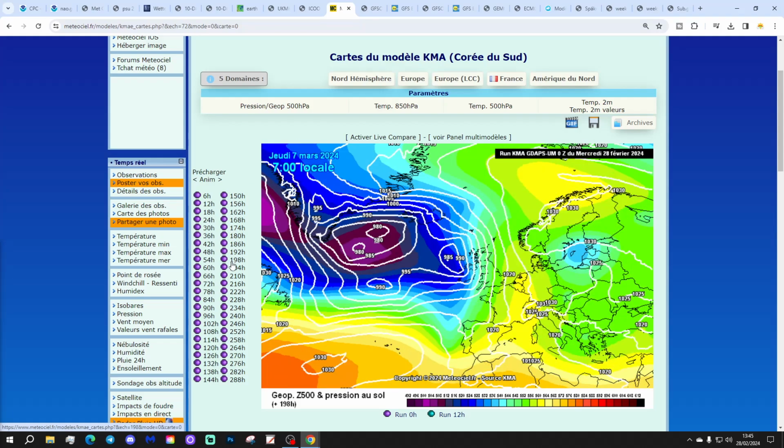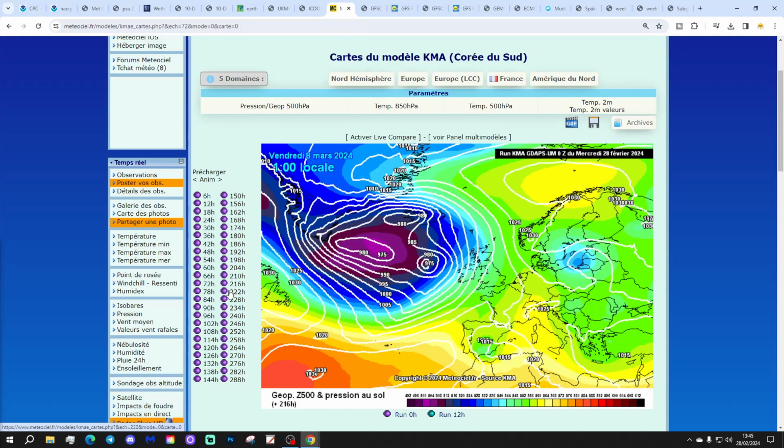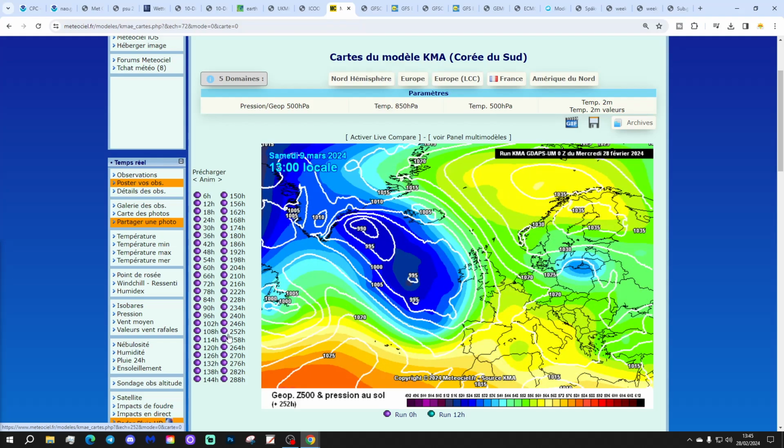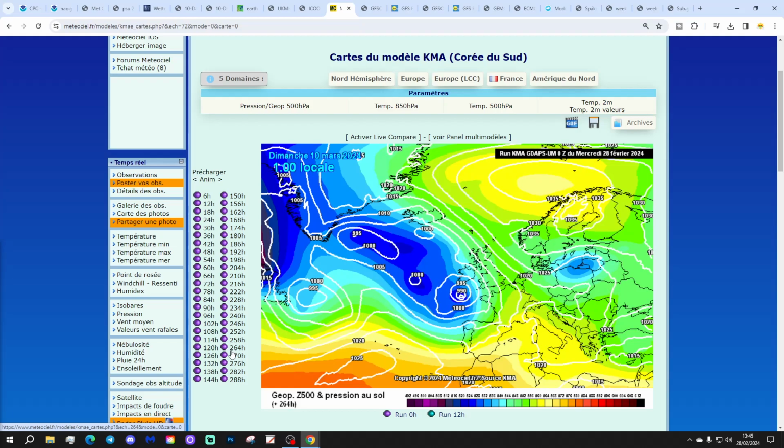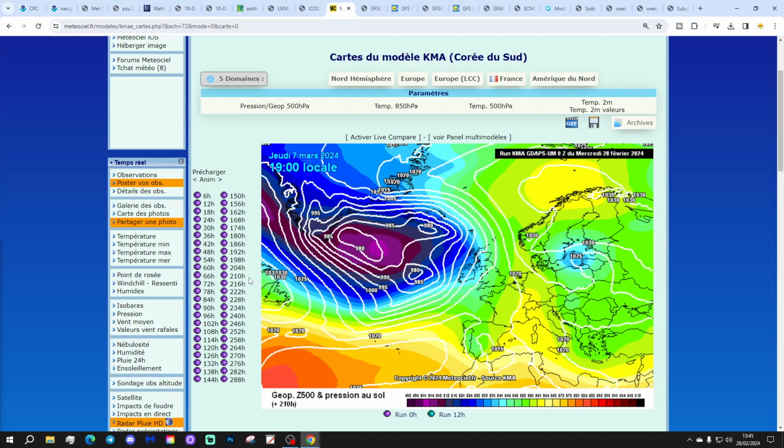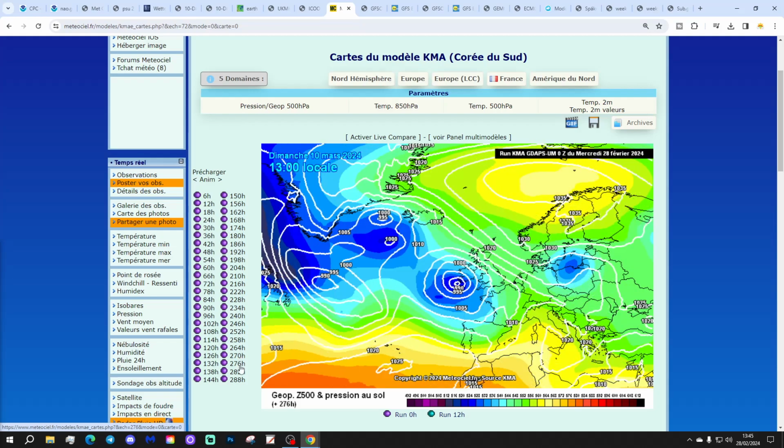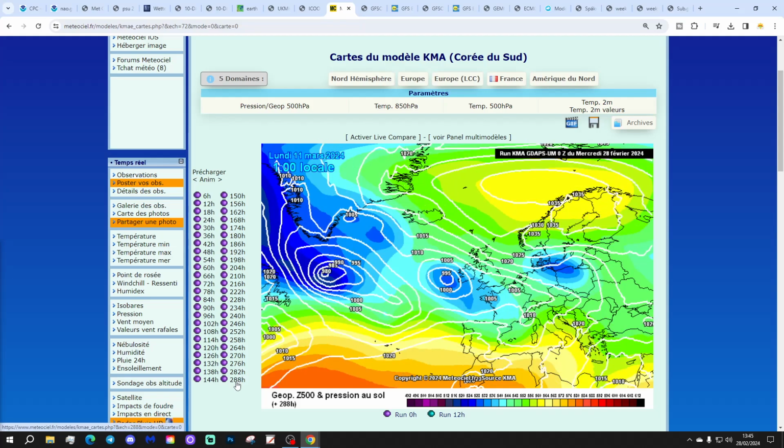And that's how we can go into a very wet pattern with this, as those areas of low pressure come up against that block. There are weather fronts that these low pressures are pushing into the country, and they're not clearing the country very successfully, to say the least. Now, we finish up looking like we're about to pull in a cold easterly by the time we get through to the end of the KMA run. That gets us to the 11th of March.